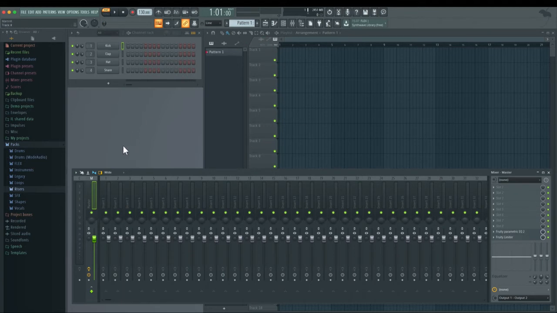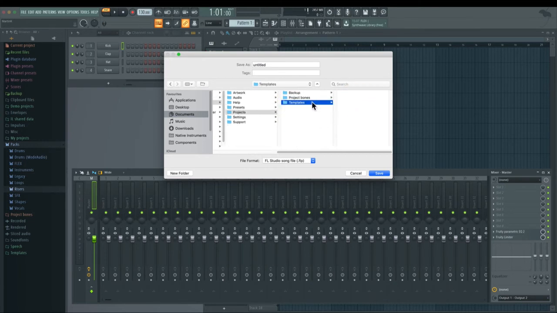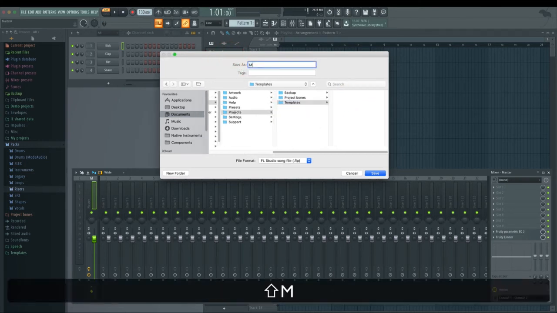And now this is a bit tweaked, because we added a plugin basically. So now I want to add this template instead. So I always want this to be loaded up when I start FL Studio. So what I can do now is go to File and Save As. So here you can see we have our files here, and I'm going to go to Projects and Templates. So now I want this to be called my own